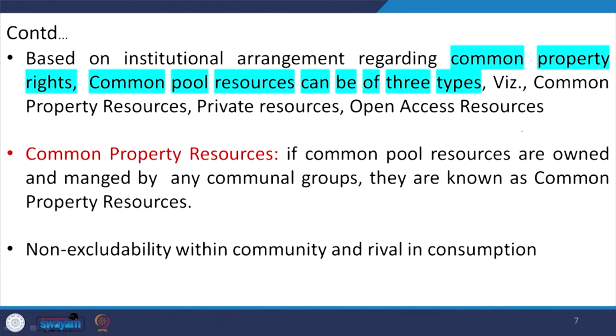And what would be the characteristics of this common property resources then? Obviously when you are saying that this property or this good belongs to a particular community, then it is a case of non-excludability within the community. So, that means whosoever is a member within this community, they can get the access, no one will be excluded. And the second one is that, if you see the extraction of resources, if I am a member and you are also a member, I will be trying to use the particular good and you will be trying to use the particular good, then obviously degradation in the good will happen.